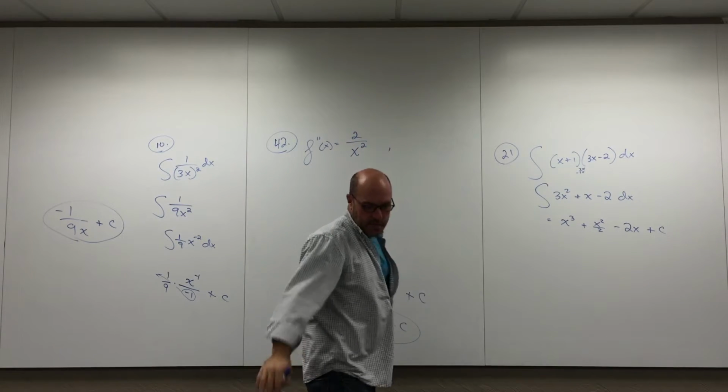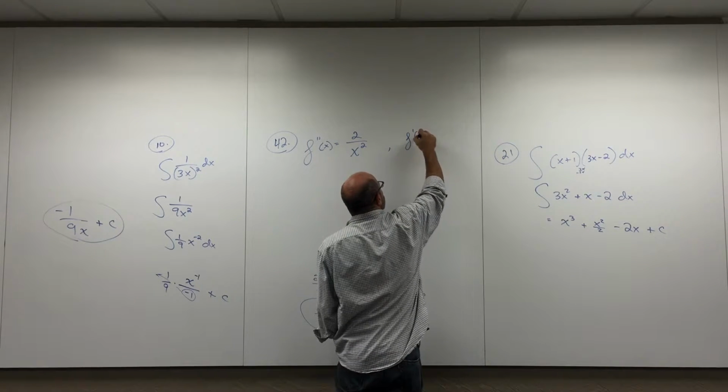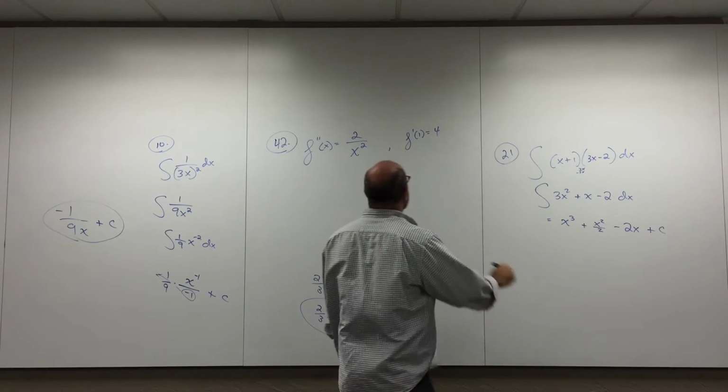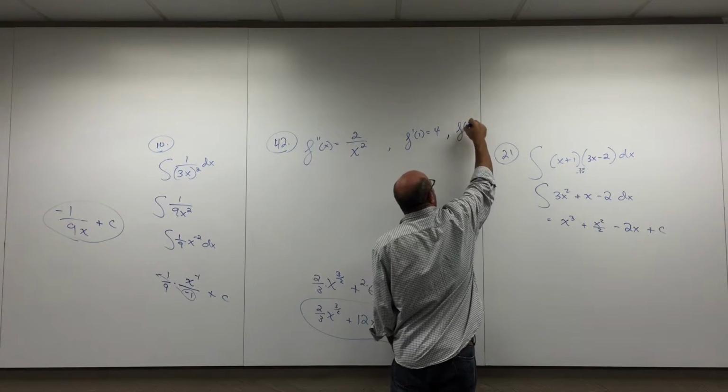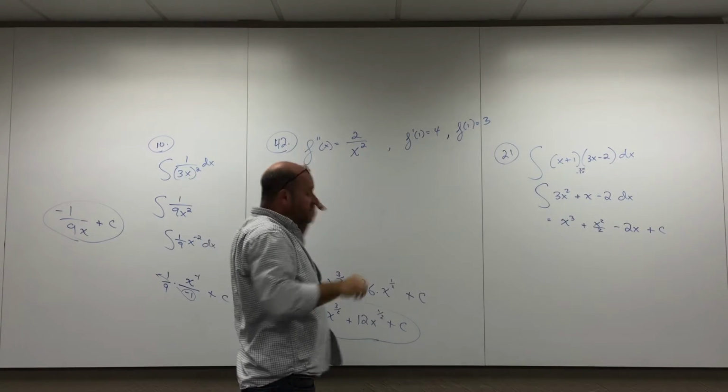They give me f prime of 1 equals 4. This is a piece of information here. And then they give me another piece of information: f of 1 equals 3. What's the question? The question is,